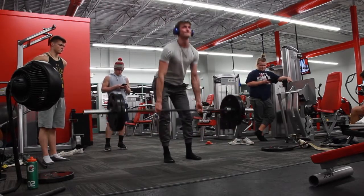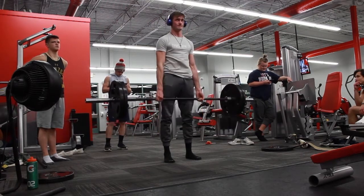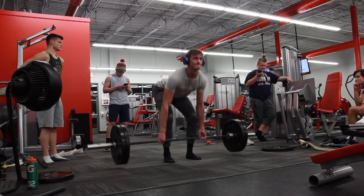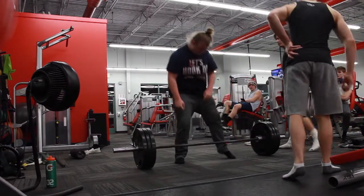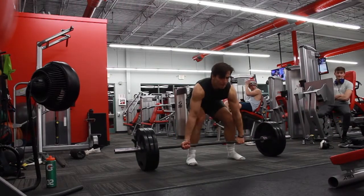It felt pretty good overall, but it just felt good to be training again. And honestly, my back, my SI joints, especially my left one, has been bothering me recently. I definitely felt it after the first 2 sets, so I didn't know if it'd be a good idea to deadlift. But by the end of the workout, tonight is actually when I'm doing this voiceover, I'm feeling a lot better,